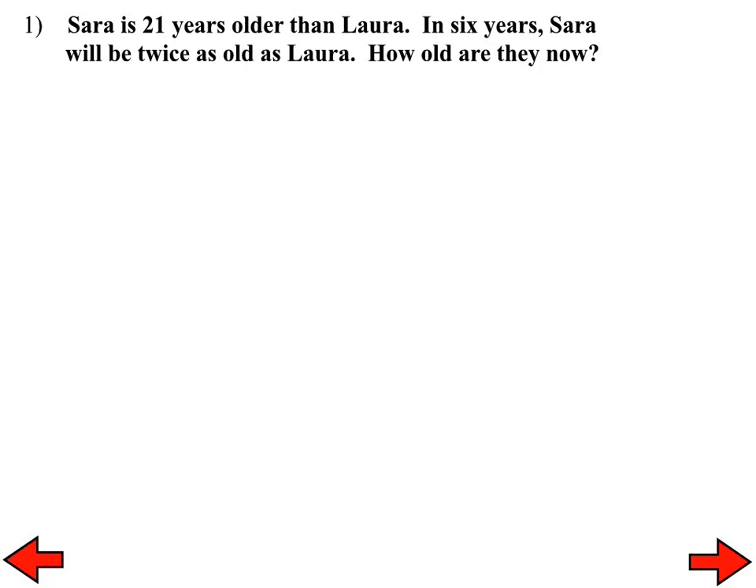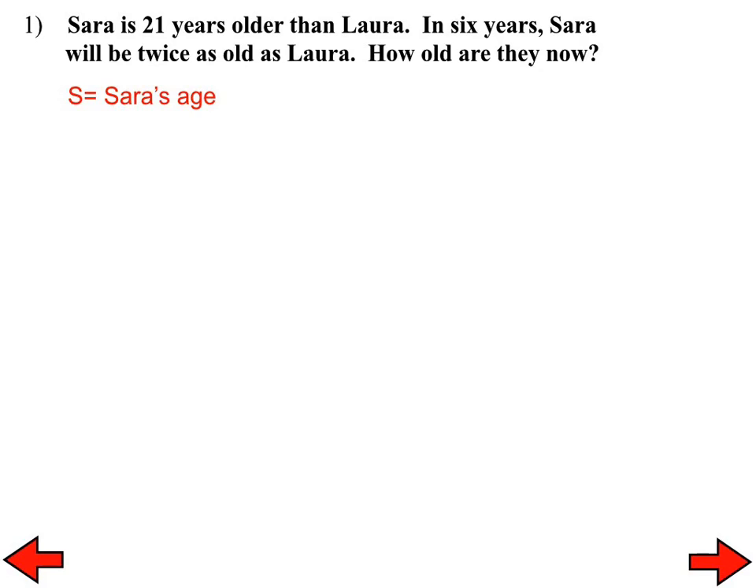Number 1, Sara is 21 years older than Laura. In 6 years, Sara will be twice as old as Laura. How old are they now? Well, when we're trying to deal with a problem like this, we of course could use some sort of guess and check, but depending on the numbers and depending on how they compare to each other, that could take a while to do it. So a much faster way of dealing with these would be by setting up a system